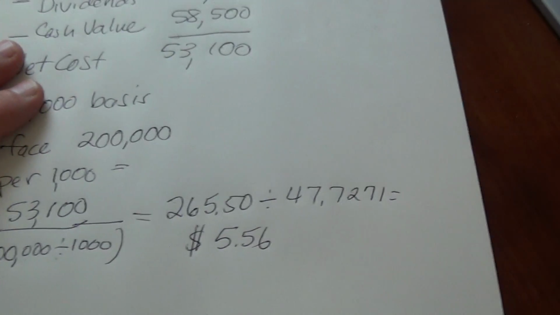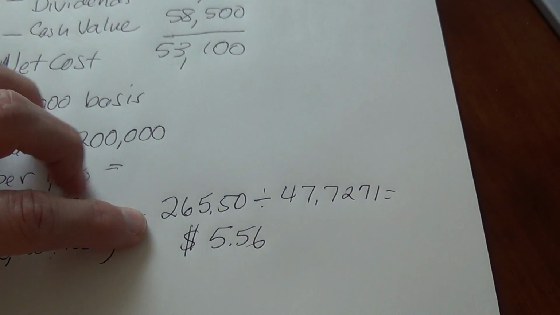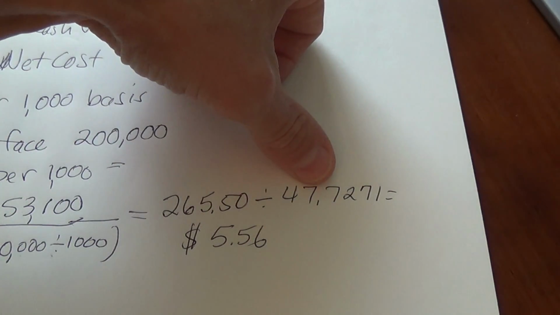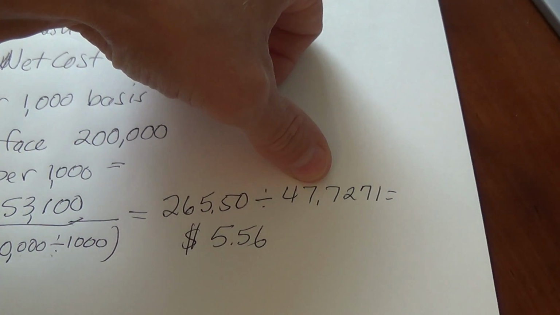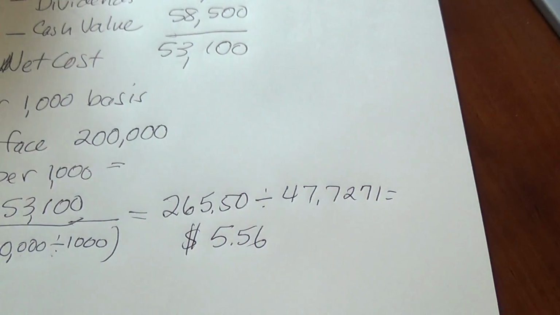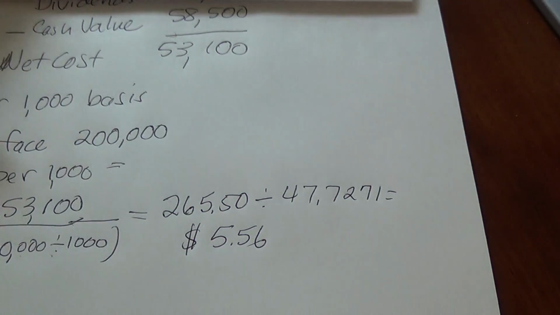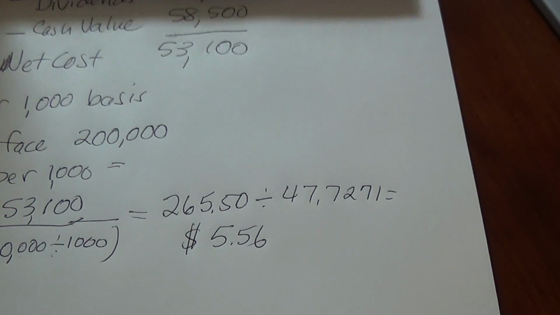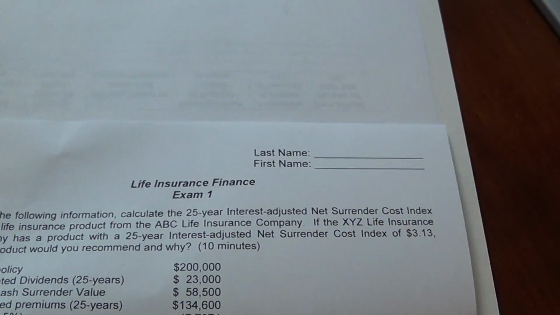That got us a net cost of $265.50. We then make the final adjustment by dividing all of that by our future value interest factor annuity, 47.7271. When we do that, we get $5.56. So that's our annual average net cost of this insurance on an annual basis, discounted at 5%,